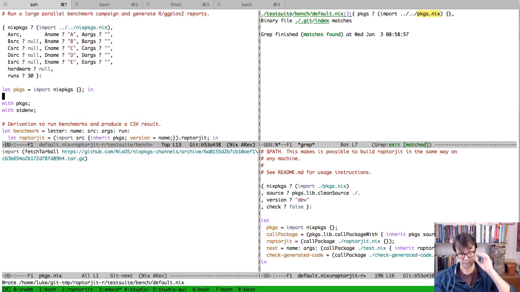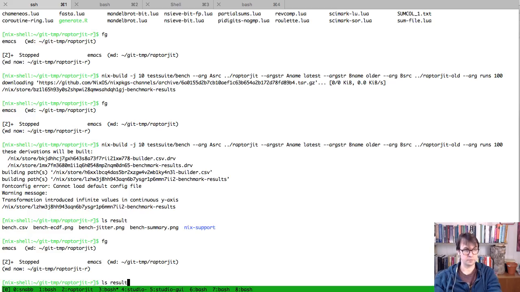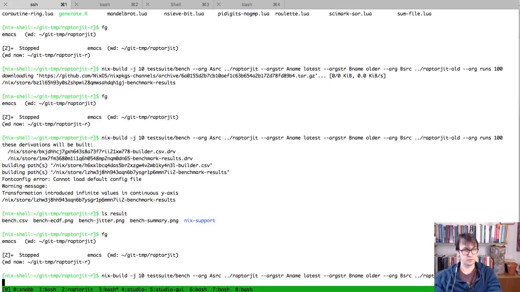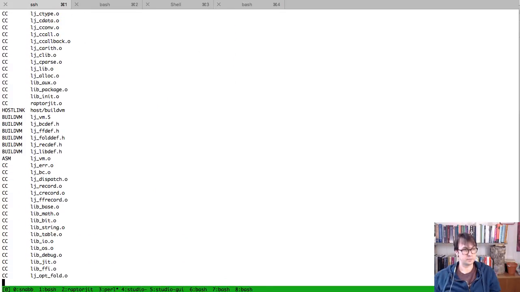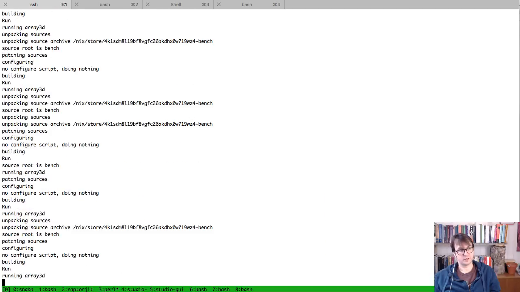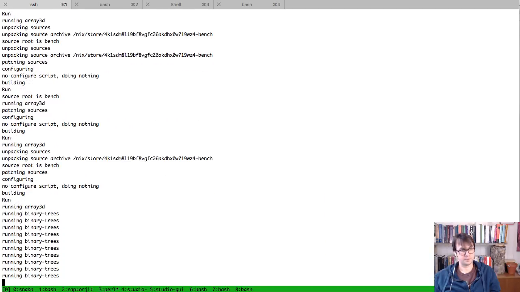So with any luck, this will run the same way. Let's check. Run the benchmark again, see if it builds, and see if it manages to cache everything. So with any luck, this will be just a refactoring or a change to the external Nix API. Okay, so it's just another dependency thing. So when I build RaptorJIT,